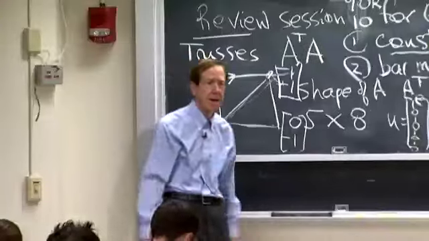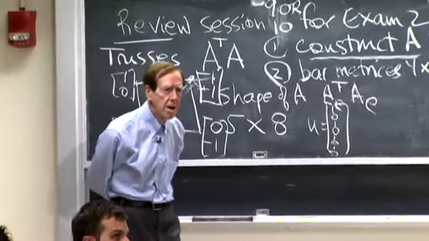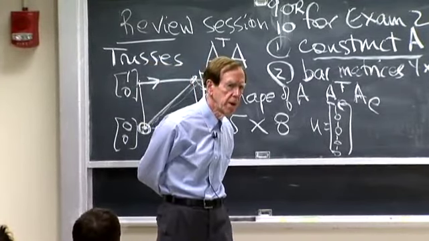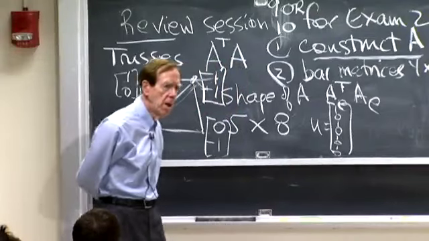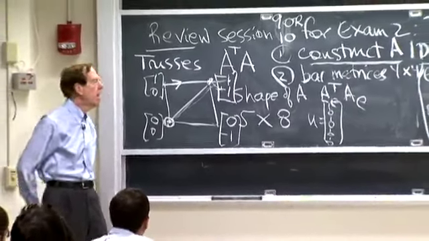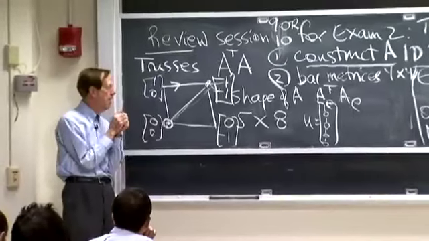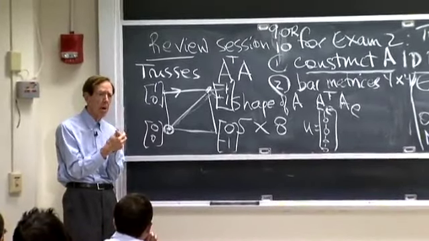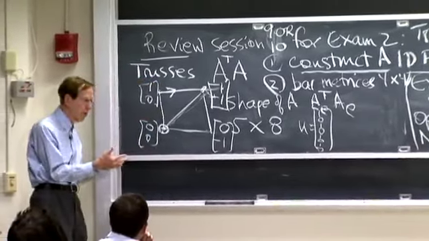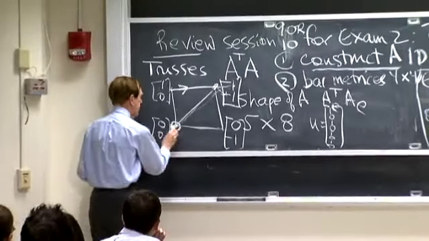How to see the distribution of forces in the truss, like the solution to A transpose W? So the forces, because here we are looking at movements, but what about the forces? The reason I stopped here was that A transpose A will be singular. So I wouldn't go forward to A transpose A U equal F, but if I put on some supports,